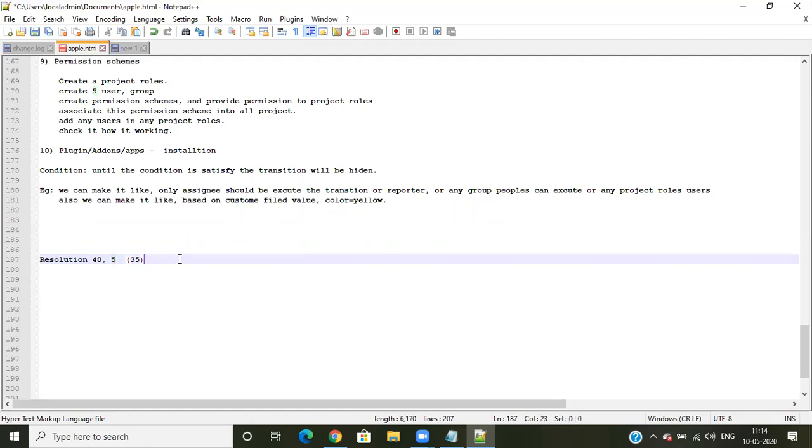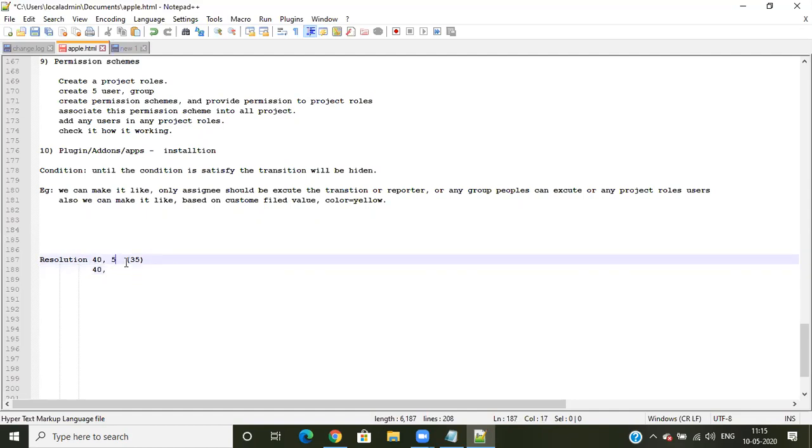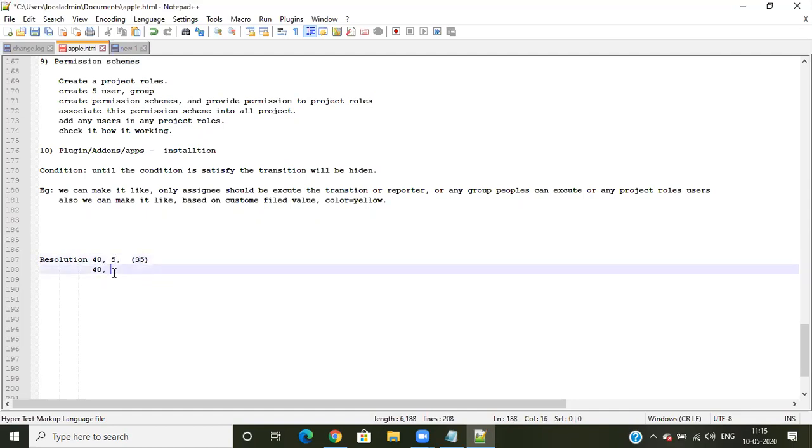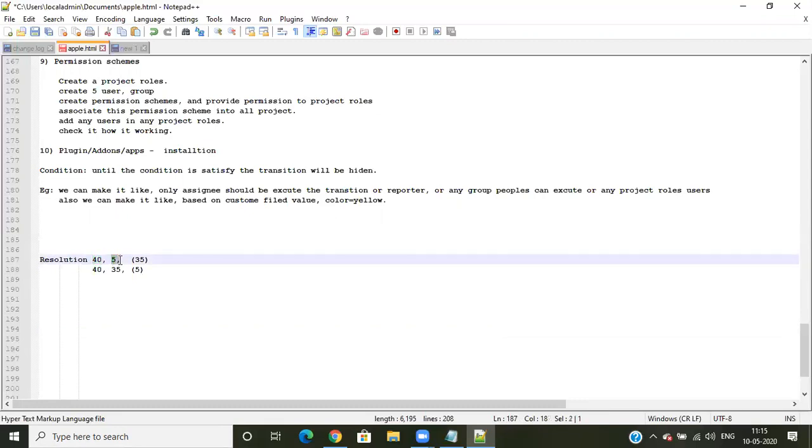But coming to the next case, you have 40 resolutions and you want only 5. So the other 35 you don't want, they are not related to my project. When you have 40 resolutions, you just include 5.